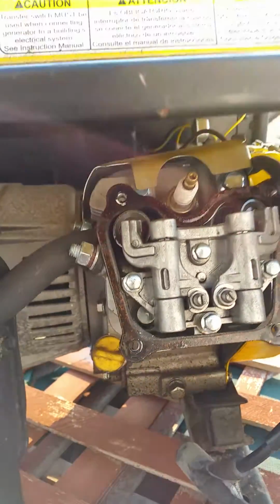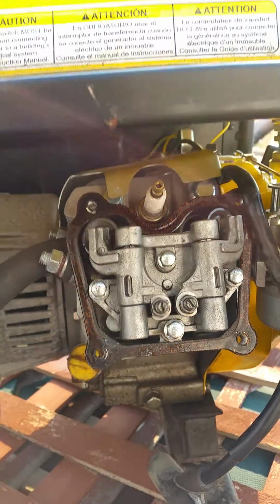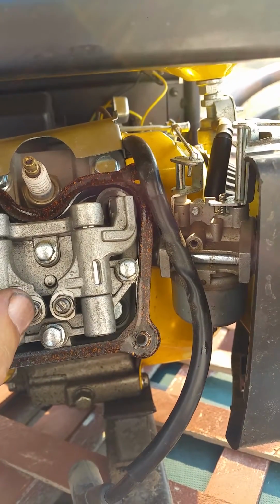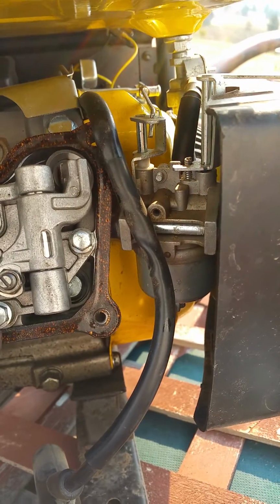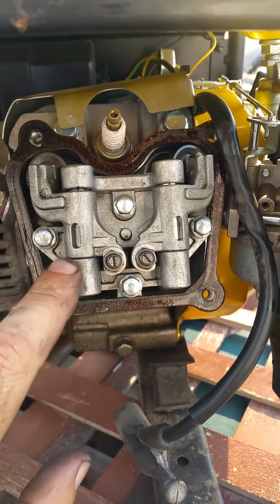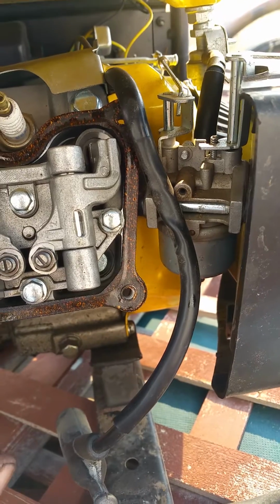So I was thinking, man, I should just throw away this motor. What a piece of junk. I decided to pull off the valve cover and check out the valves, and this little apparatus right here hooks up to the push rods, and it pushes up on this right here, and then it pushes down on the valve over here. There's a pin in here, and I guess this is going to be the exhaust port,